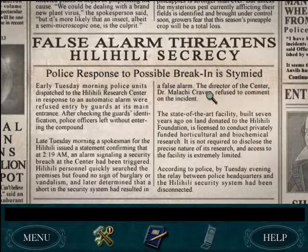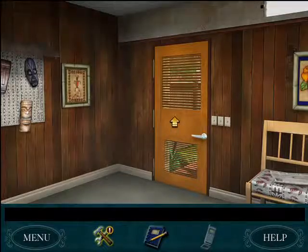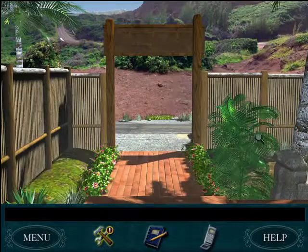So a mysterious break-in of sorts? Some sort of burglary? Oh, but no sign of burglary or vandalism. They later determined that it was a short in the security system. Interesting. Very interesting. Alright, so now we have to go to the beach,